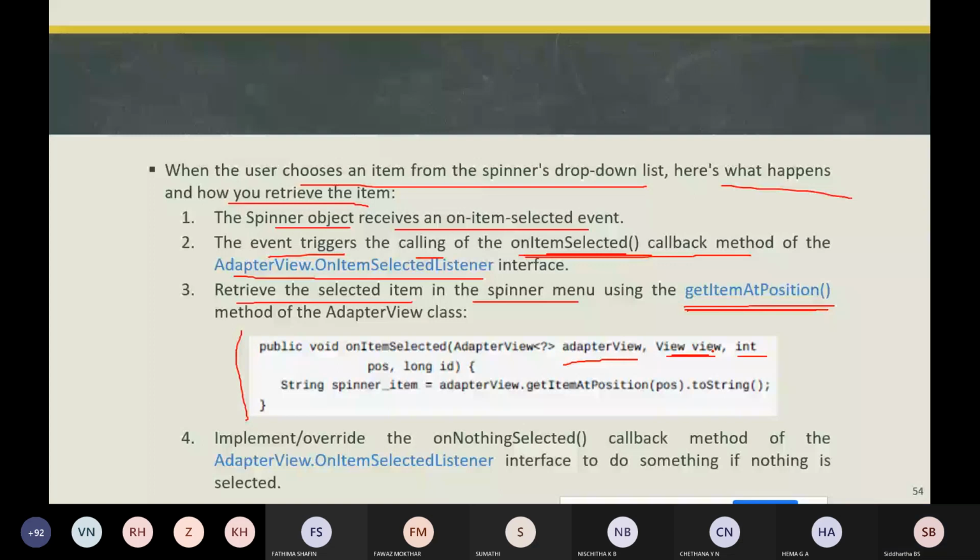Next is int position. It means, in the adapter, what is the position of that particular view. For that, we use the parameter int position. Then long id: whatever item has been selected, that particular row ID will be given. These four parameters are used in the onItemSelected callback method.